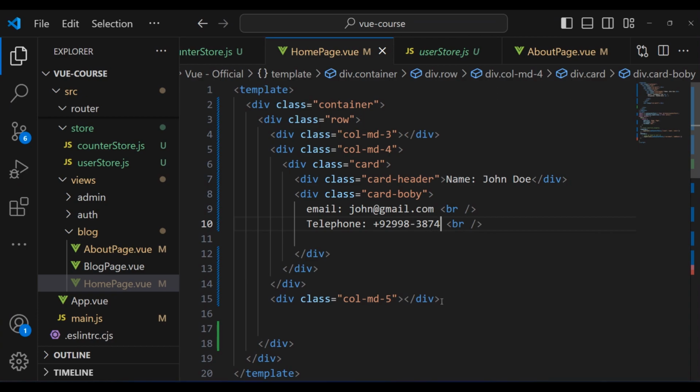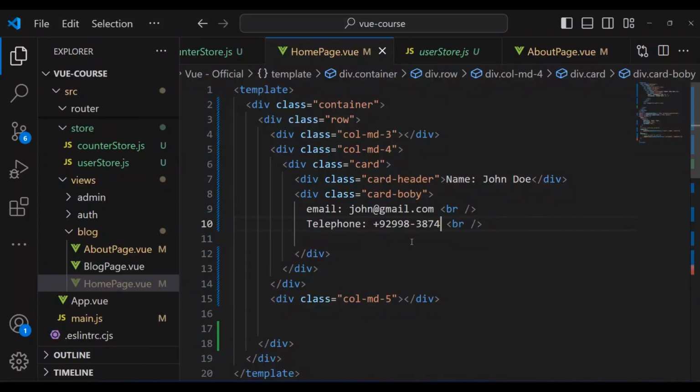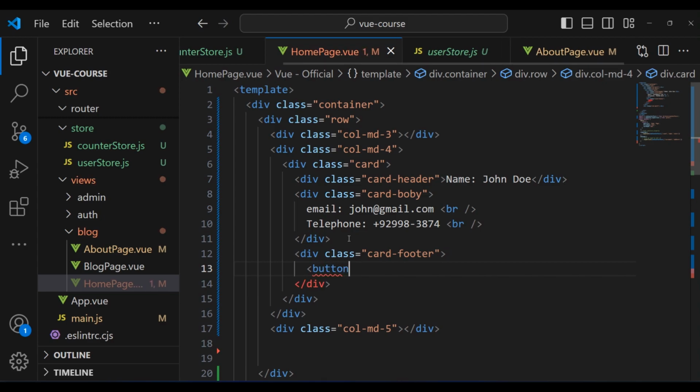Now let's see what we get in the browser. You can see we just got a little card. The name, it is John Doe, and the email. But also I need to add a button right here within the card footer. I'm going to create another class footer. I'm going to put in a button. When a user is going to click on this button, it is going to see the details of the user. See details,